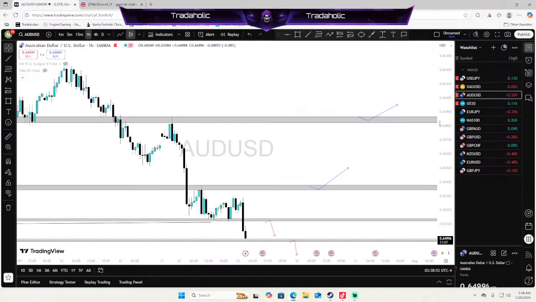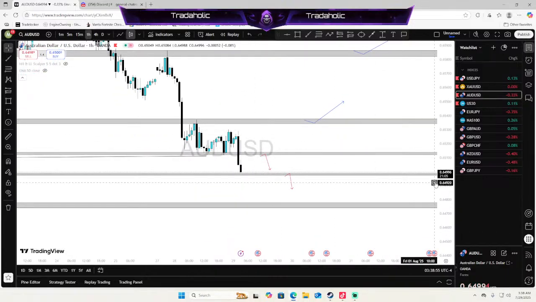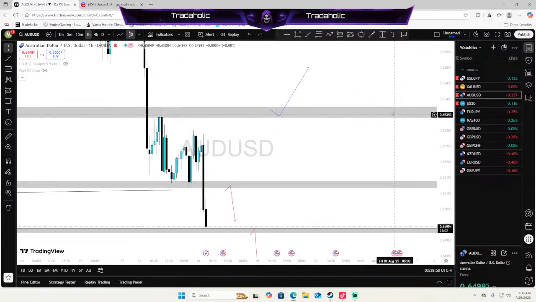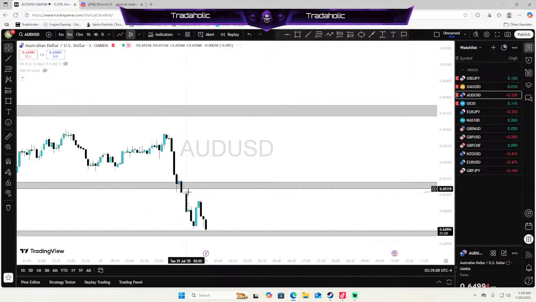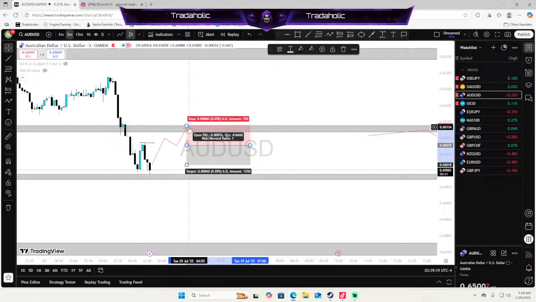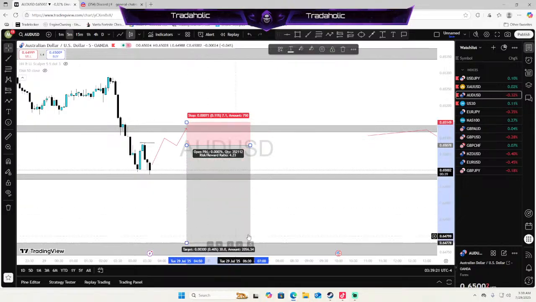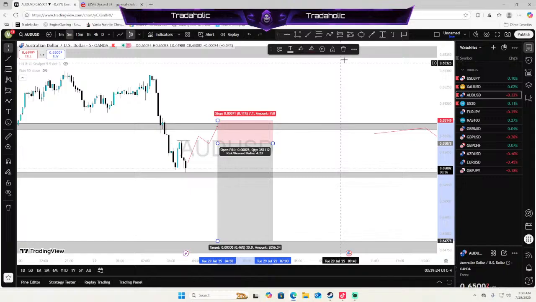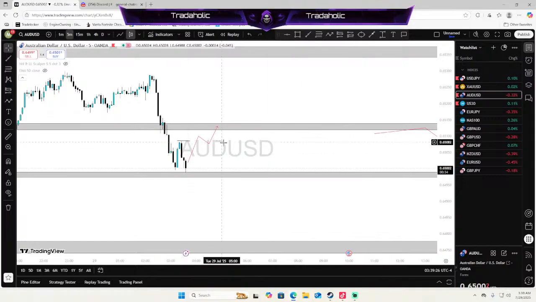AUD is going without me. Nope. No retest, no trade. But it is setting up nicely though. Now we're making a new low on the 5 minute time frame. It's setting up to where we can see price take this high, create a higher low, and make a higher high. Then I could take a trade as we take out this low. So it's setting up. I just need this high to get taken out now.